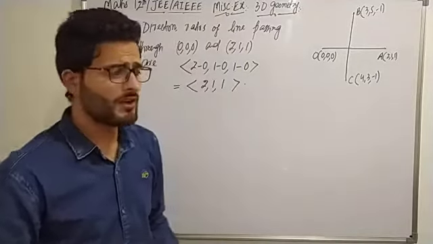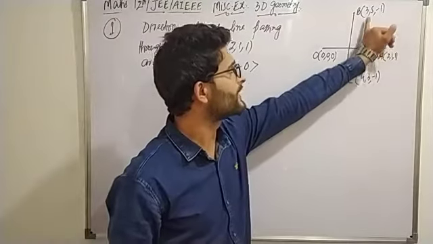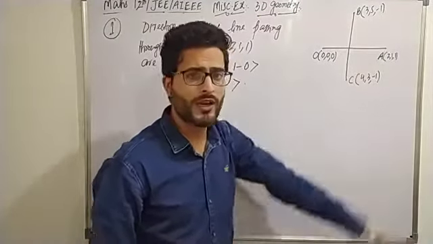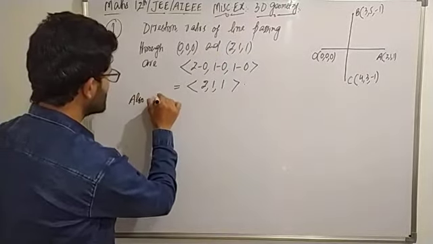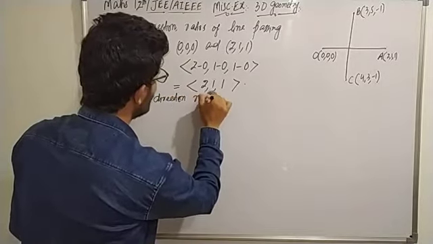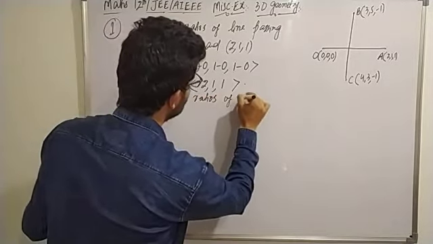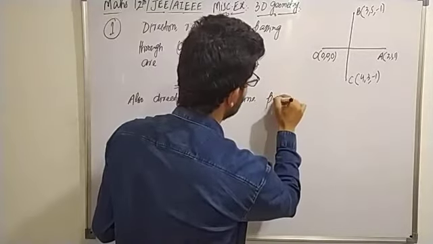In the similar fashion, we are going to find the direction ratios of line BC which pass through the points 3, 5, minus 1 and 4, 3, minus 1. Also direction ratios of line passing through